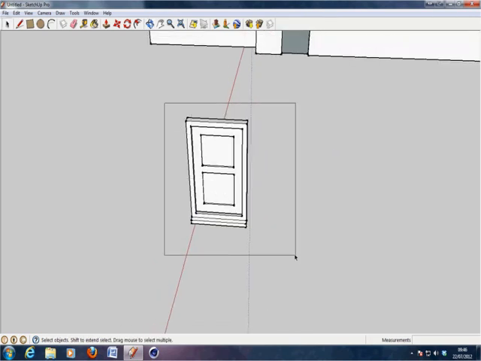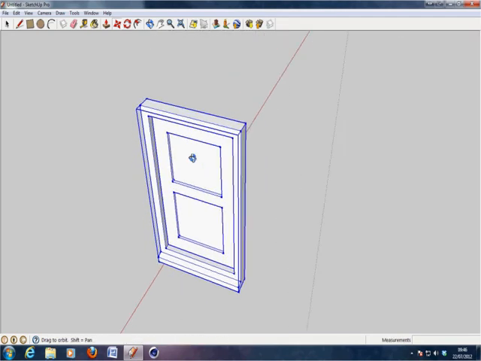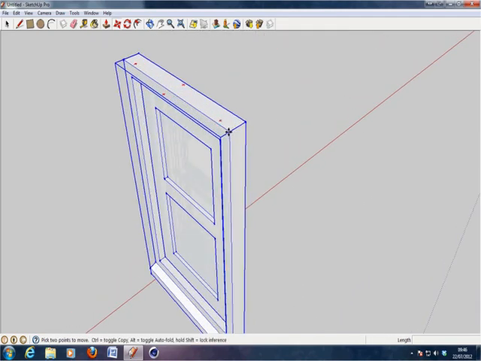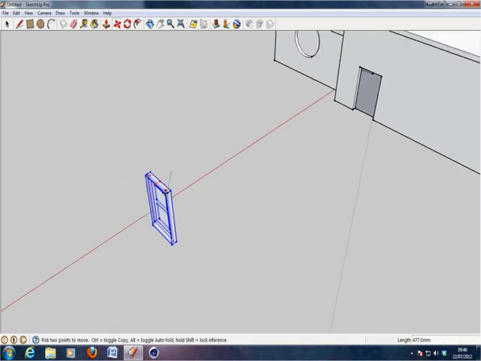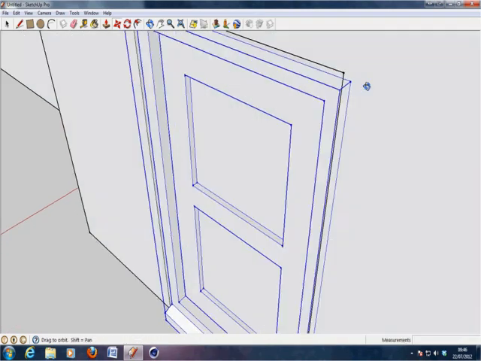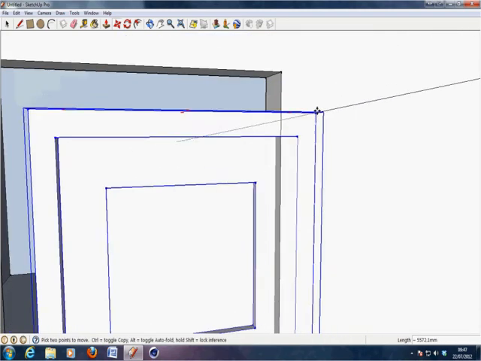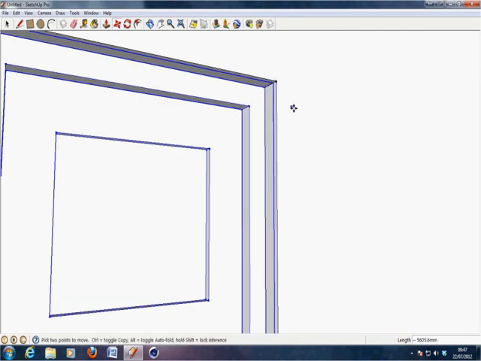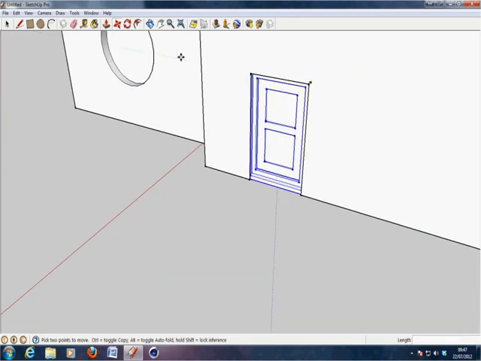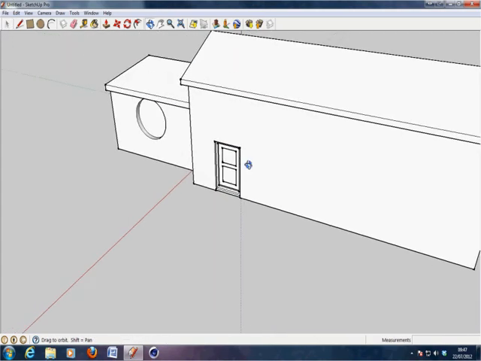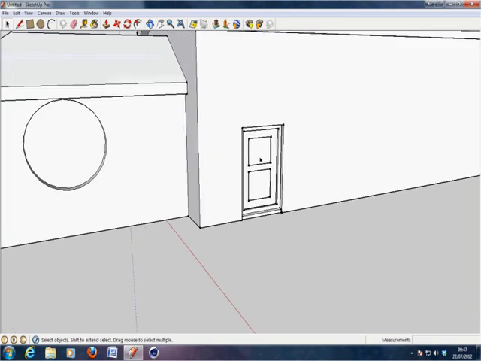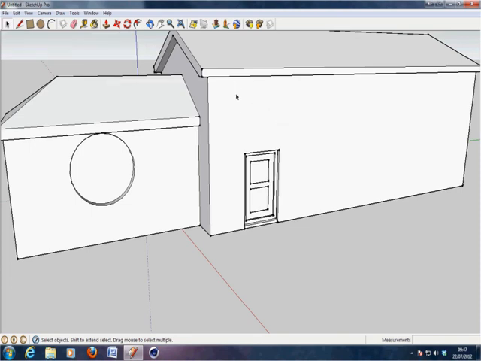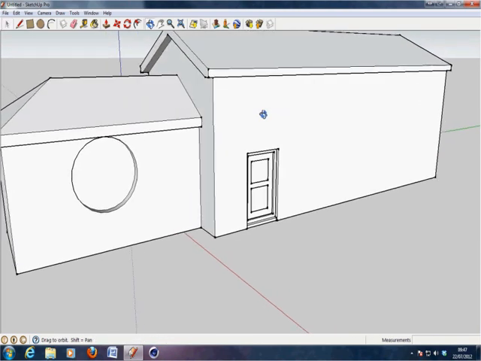So I might just group those together, make a group, and then we can move that into position. Select the corner of the frame, like so, and go into your house. Just rotate it there. You can also, when you've got something selected, you can always rotate still, and then just go into here. So we've got a door in there. Okay, you can do the same with the windows. If you are going